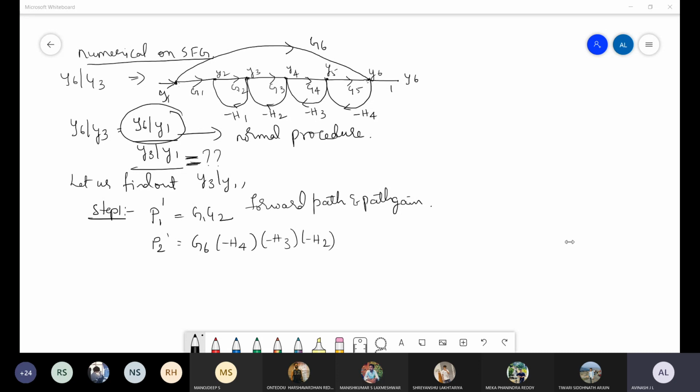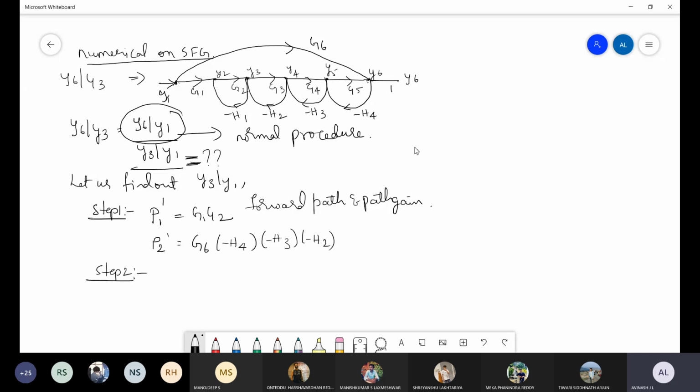So do you have any doubt in this particular path? How we have taken? Hope it is understood, correct? Yes, sir. Yeah. So once we understand this one in the step 2,